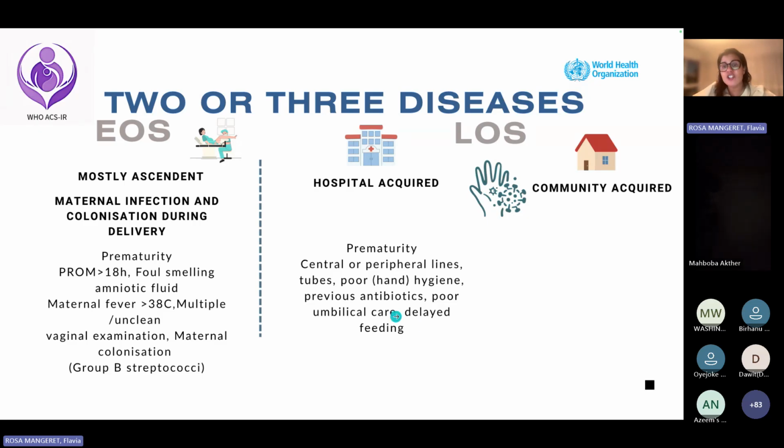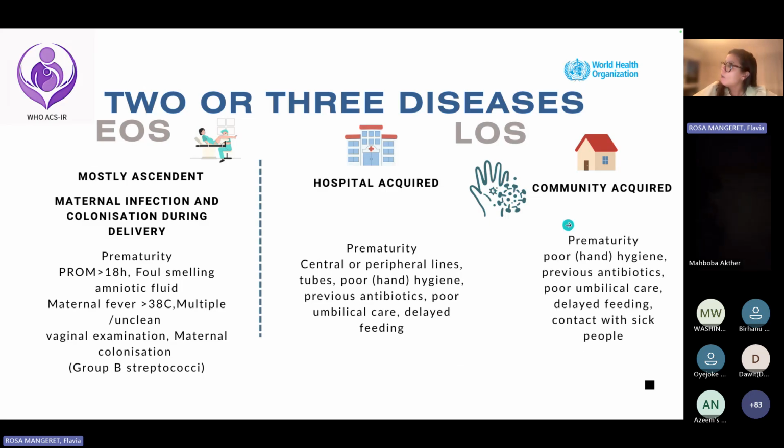Previous antibiotics change the microbiome, and this increases the risk of infection, especially for premature babies. Poor umbilical care, of course, there is a risk of transmitting directly from the umbilicus. Delayed feeding, and we'll talk about that later. Community acquired: again, prematurity is still a risk for community acquired infection. Poor hand hygiene, previous antibiotics, poor umbilical care, also delayed feeding and contact with sick people. So they are very close basically, but it's happening in different places. So the